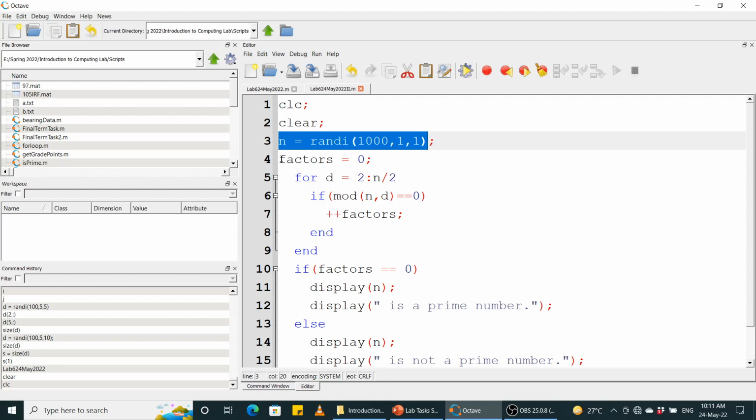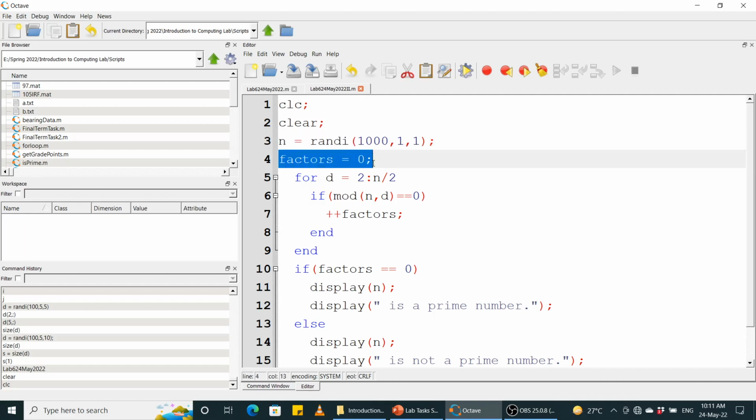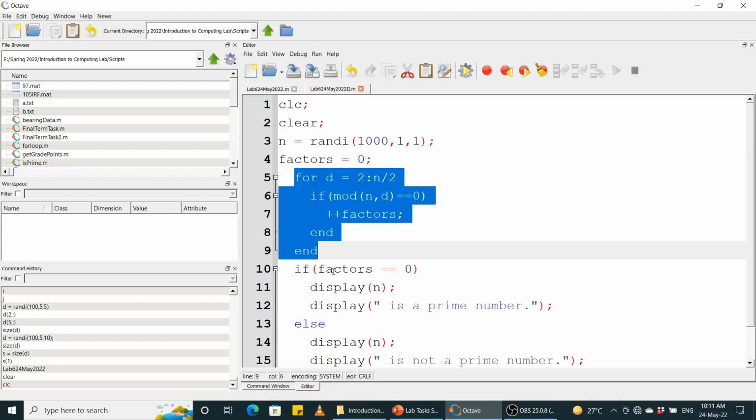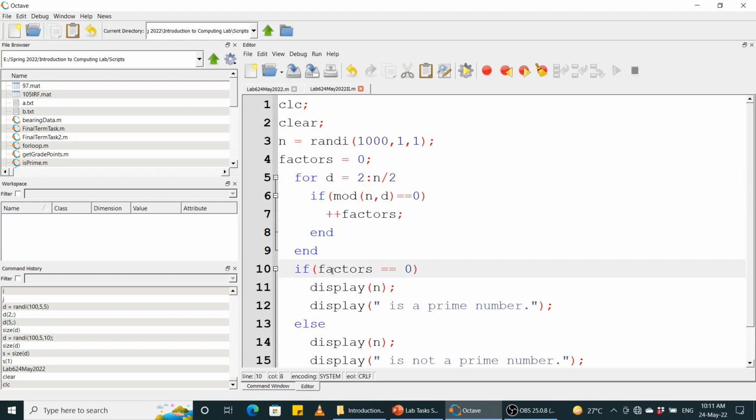So you count the number of factors that you find. Initially, we initialize factors to 0, and if we find a factor, we increment factors. Once we are out of this loop, we check whether factors is 0 or not. If it is 0, the number is a prime number. If it is not, the number is not a prime number. Okay? So this script will check only one number for primality. If you run this code,